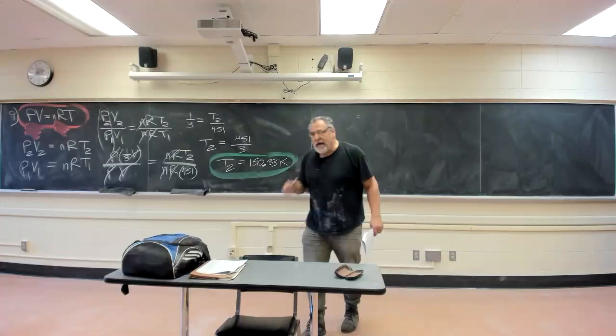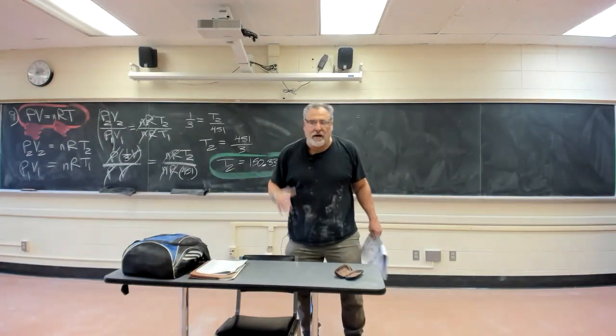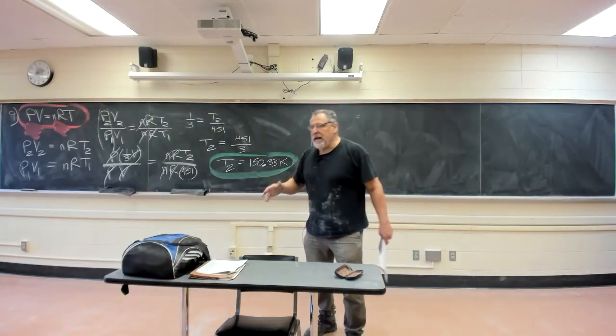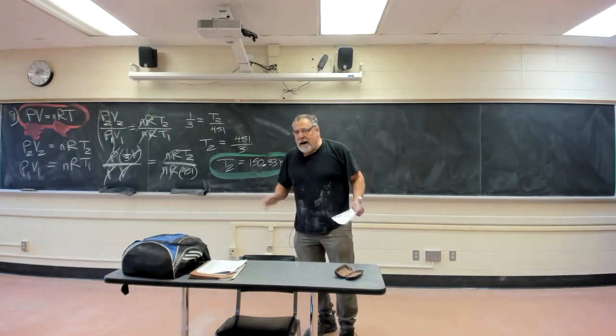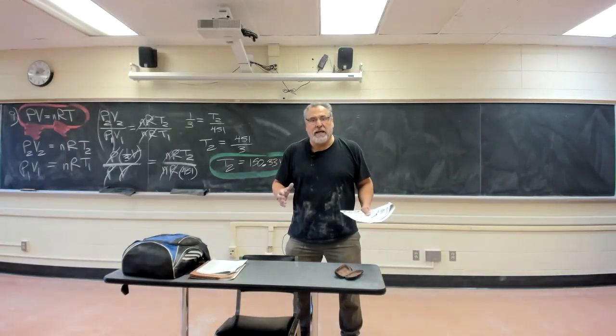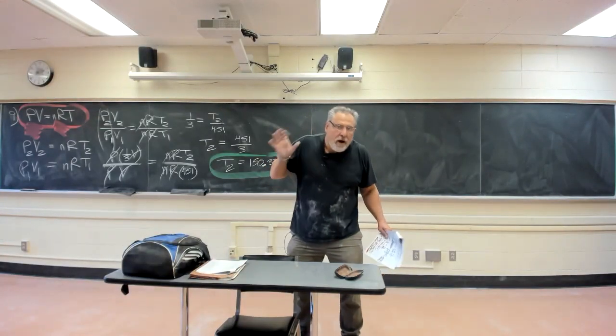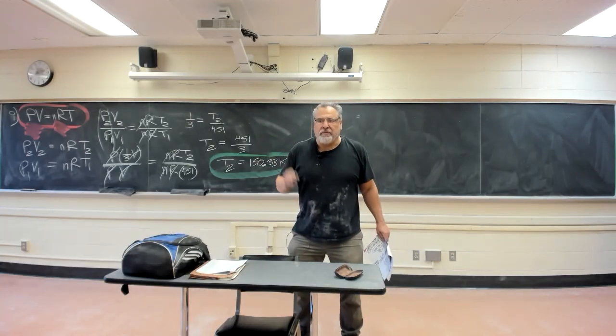Somehow there's some process taking place that they're not telling us about. There is about 1/3 the average kinetic energy in the particles after you have compressed the gas to 1/3